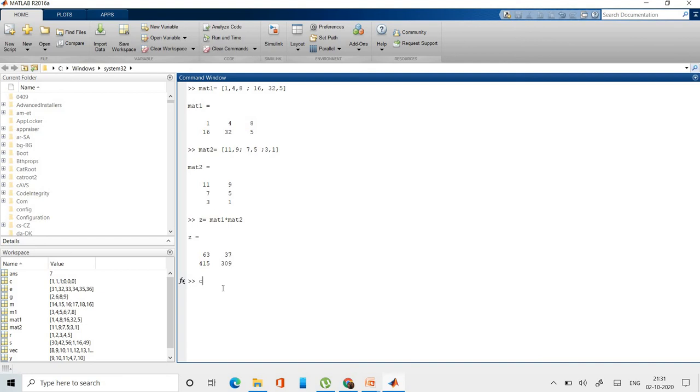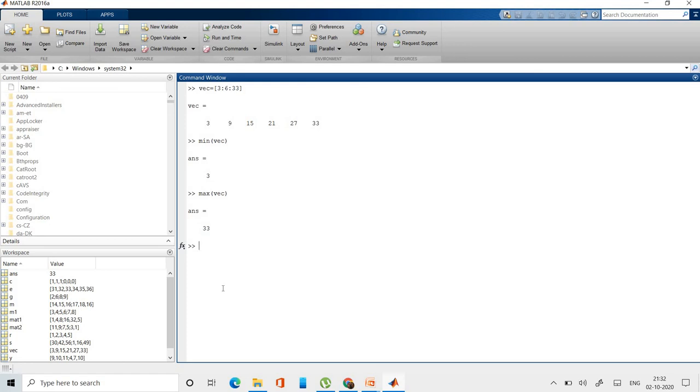Now let's create again a vector. Say vector is equal to 3:6:33. So you have created a vector. Now suppose you want to find the minimum value from this vector. It will return the minimum element of this vector. So min of vec is giving me the answer 3. Now if you want to find the maximum value, just type max and the variable which you have considered for this vector. It is giving me the maximum value as 33.